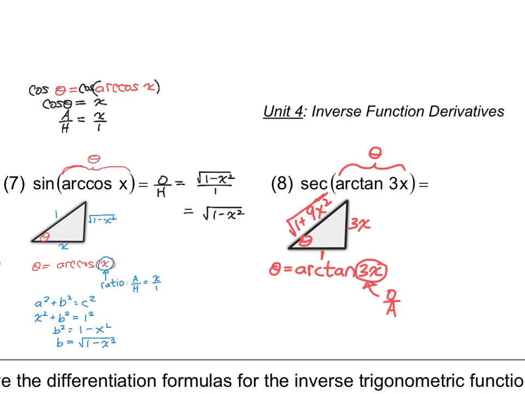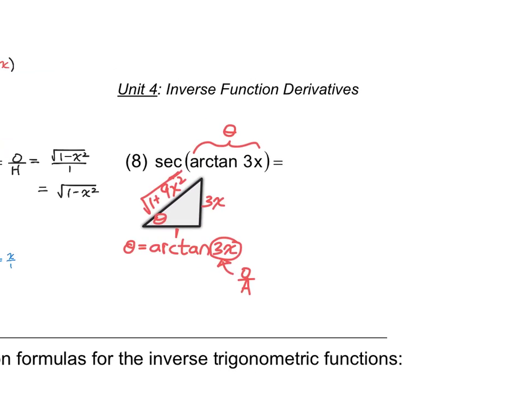All right, so in number 7, if you looked at that as an unnecessary amount of work just to clean it up into a more convenient form, I would agree with that. But if your algebra skills improve to the point where you can construct your triangle without having to show all the side work, then it starts getting more convenient to do it this way. All right. So the secant ratio,